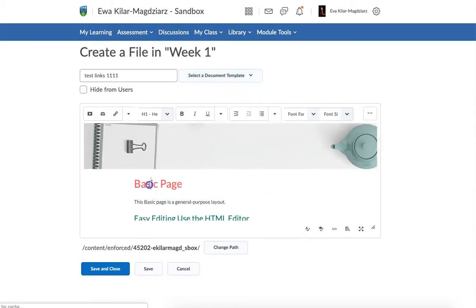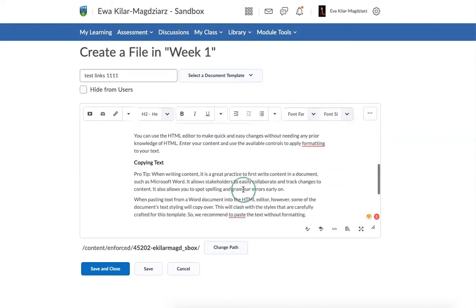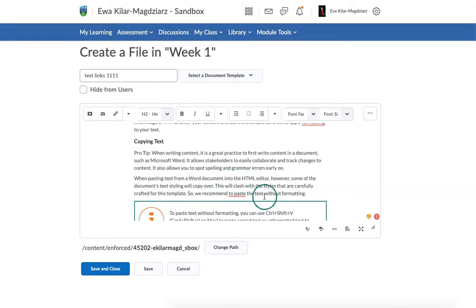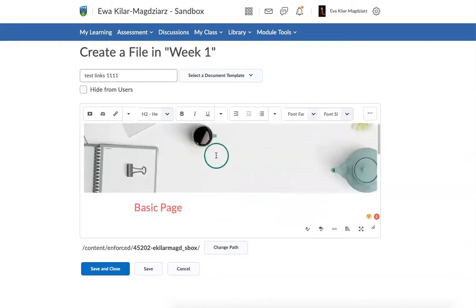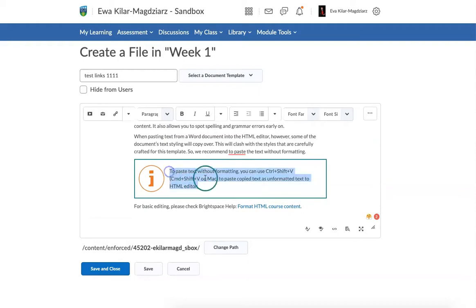This template contains all formatting functionalities. So we already have a header, we've got a subheading as well, and we've got things that you can delete or add more information here. And we've got an image as well that we can delete. Now, in this box, let's imagine we want to put the link to some reading. Once I insert the relevant text, I highlight it and go for this small icon,